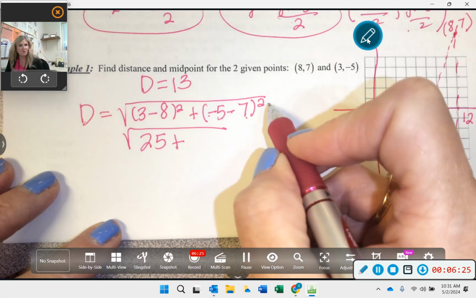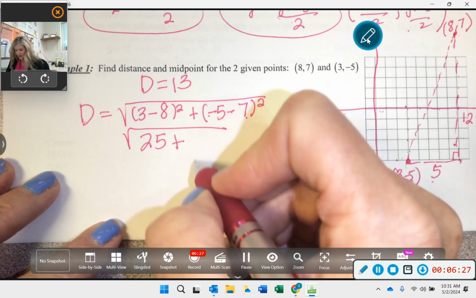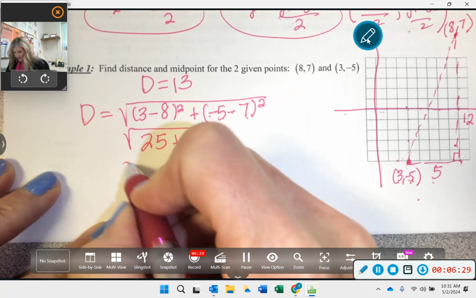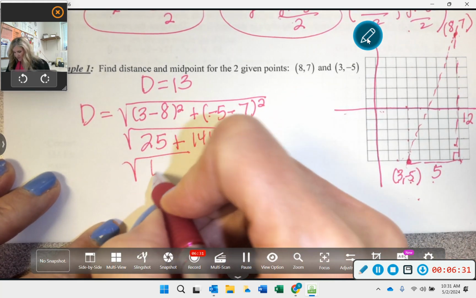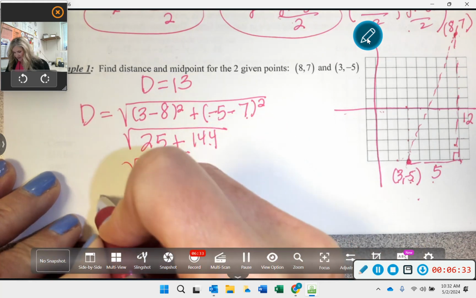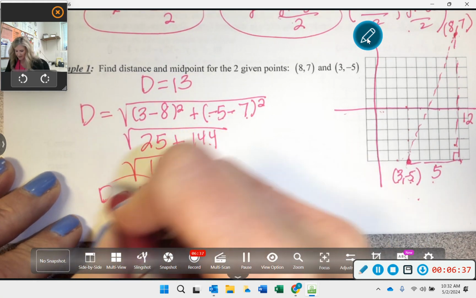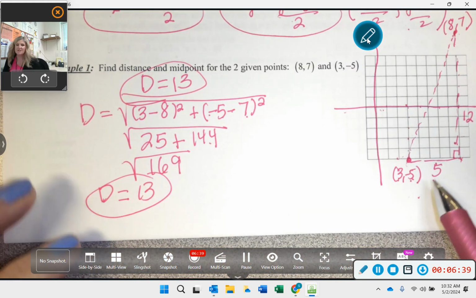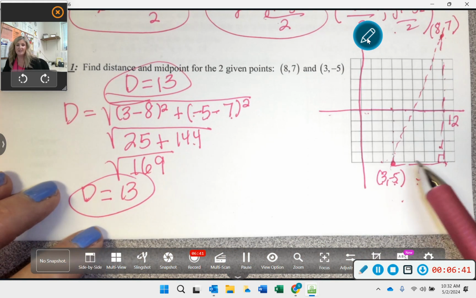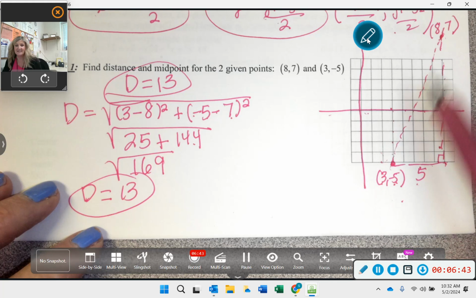Negative 12 squared is 144. 25 plus 144 is 169. Do you know the square root of that? 13. Whichever way you want to do the problem, I'm telling you, if I were taking the ACTs, I'd be